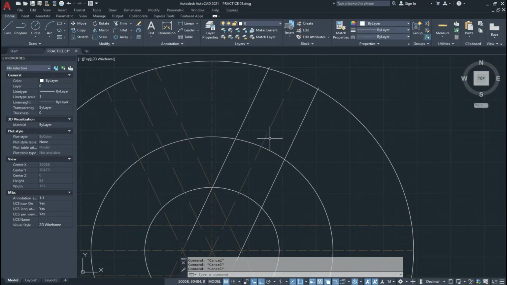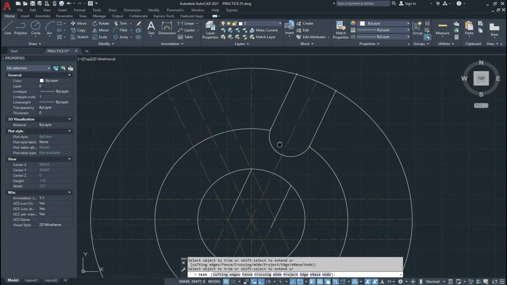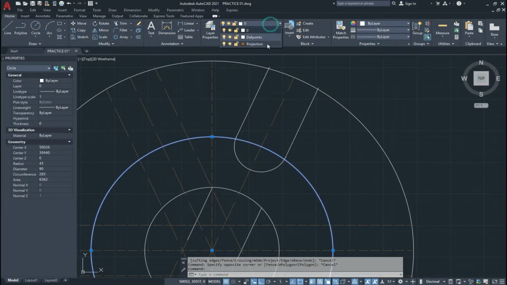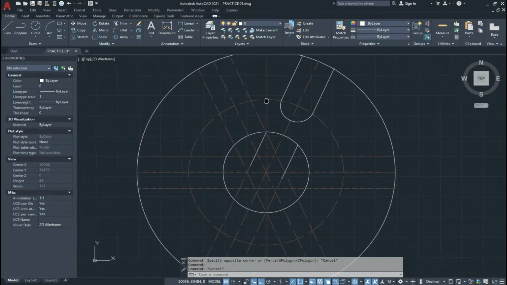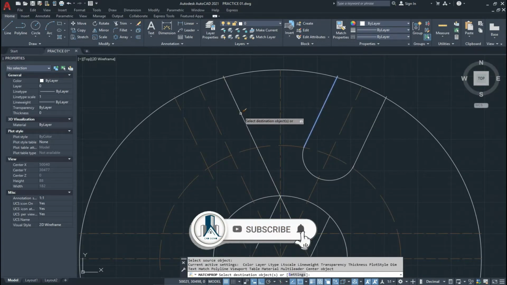and we draw a circle of 10 radius and trim the extra lines like this. If I change the layer of the circle and convert it into projection, same here, we change the properties,